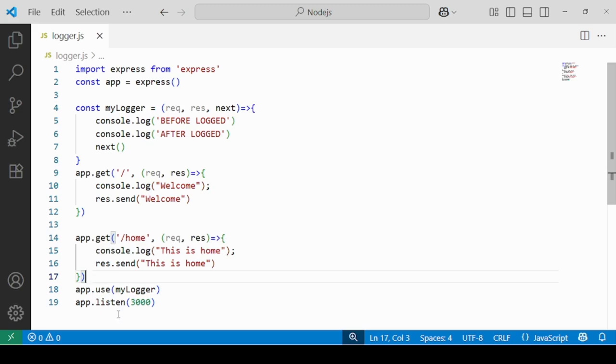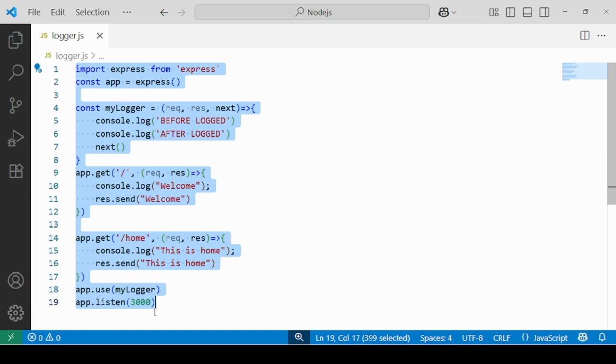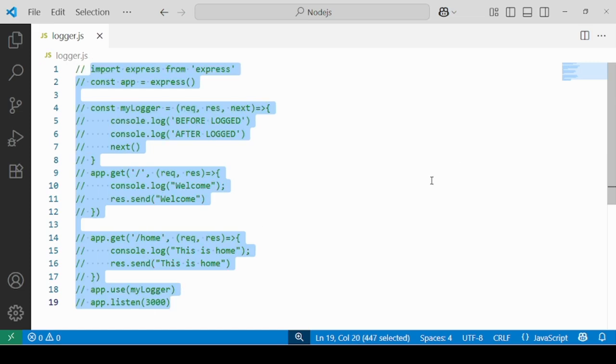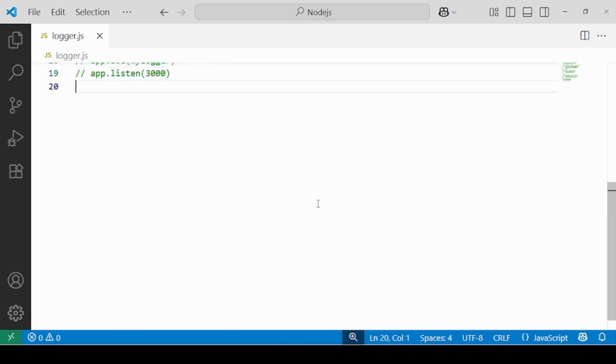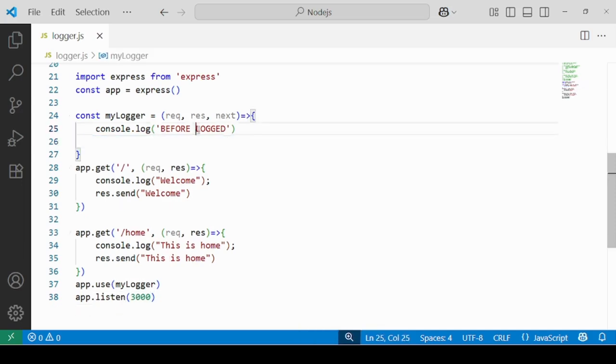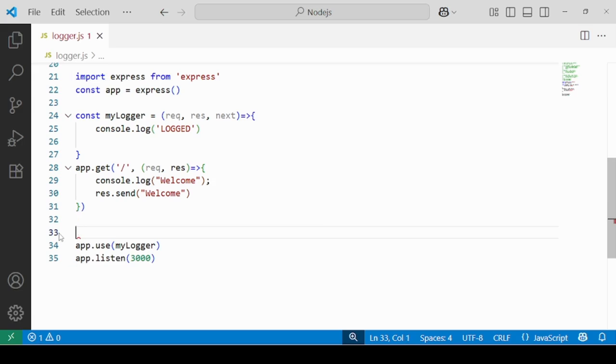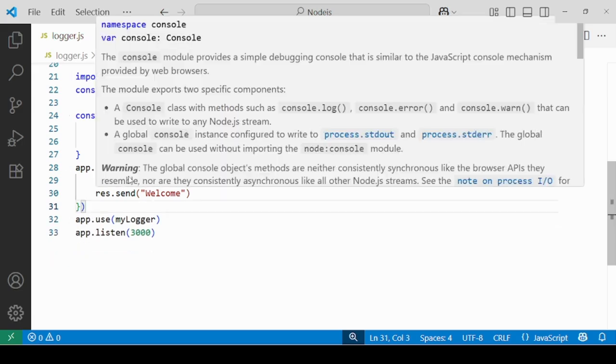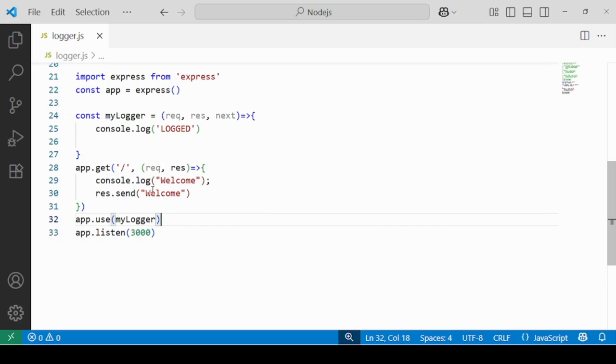So I'm going to do one thing. Let me just copy this whole code. I'm going to comment this completely, paste this, and modify this code. Here I'm going to just have logged. I'm going to have this next functionality, and let me delete this route as well, and console.log welcome.